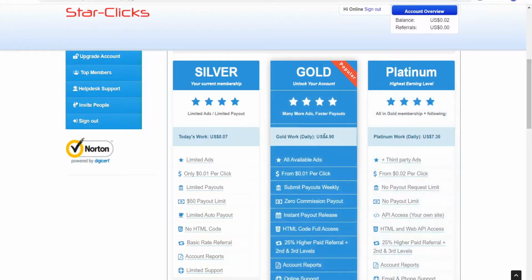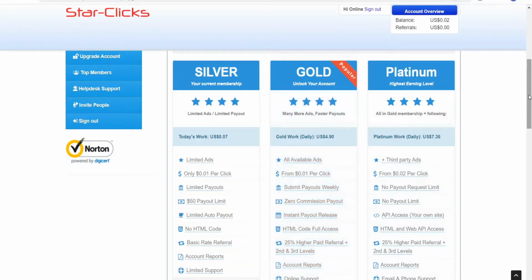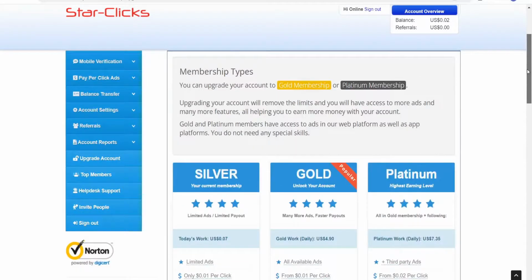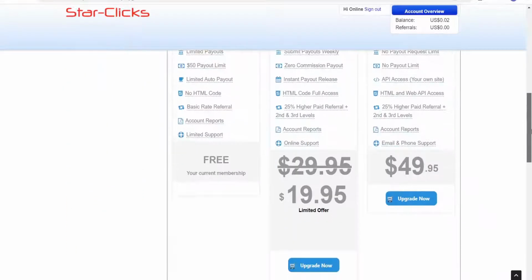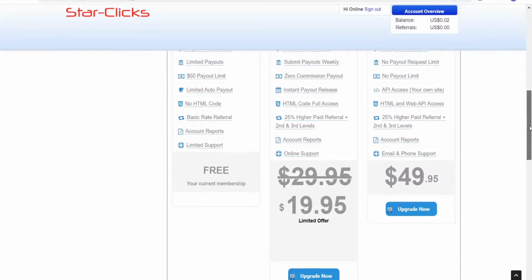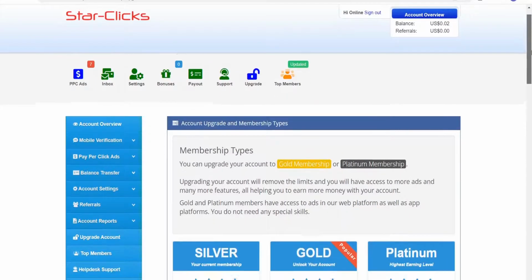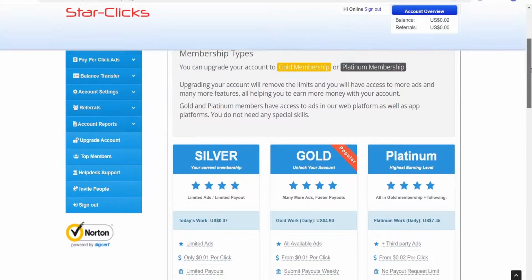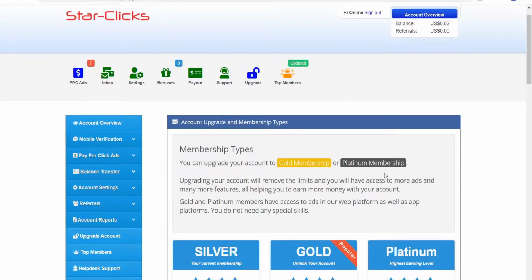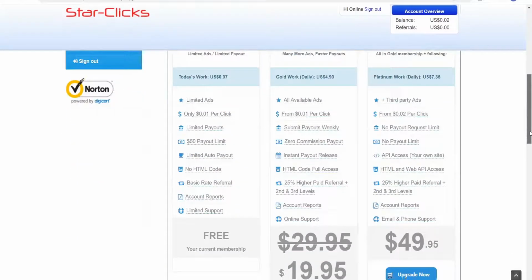So in a month for gold, that's $4.90 times 30. Let me say that's $5 times 30, that's $150. And just to register, it's just $19. So you can see that you're making profits, okay. So if you have the money to upgrade, you can upgrade because this is a paying site with a lot of payout proof, okay. So if you wish to upgrade your account, you can just scroll down here and tap